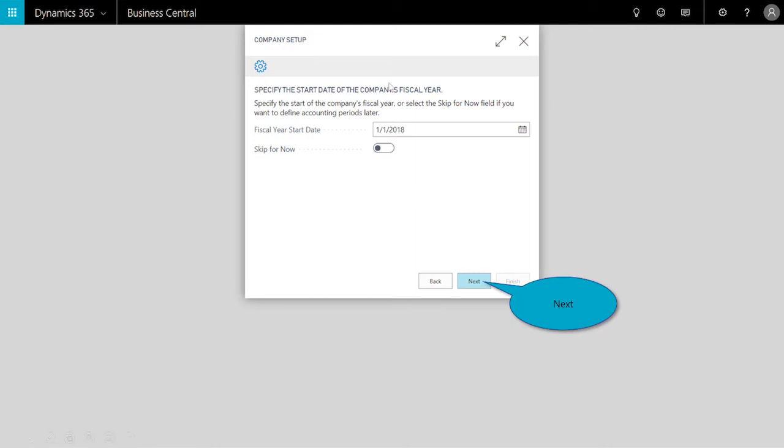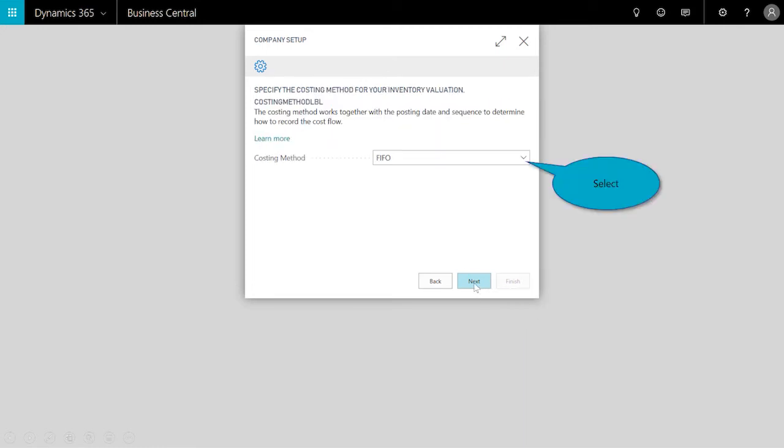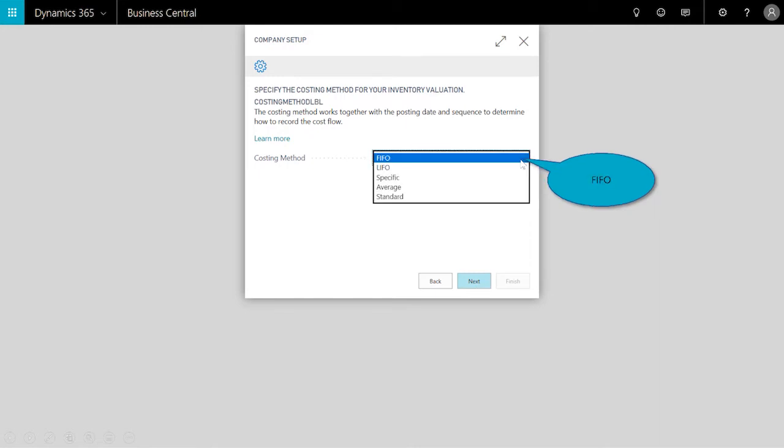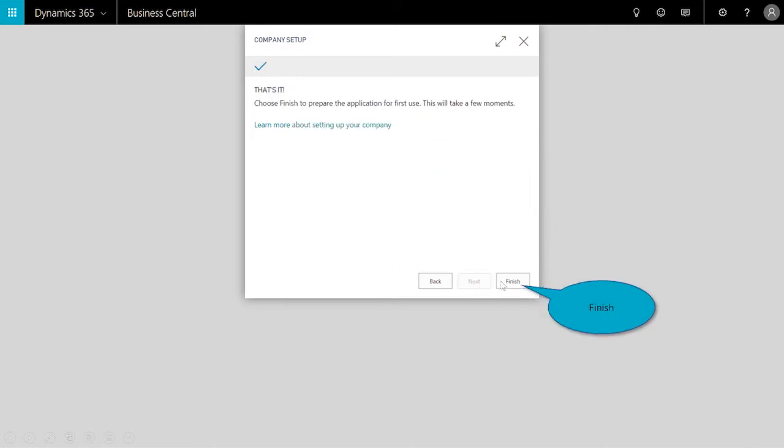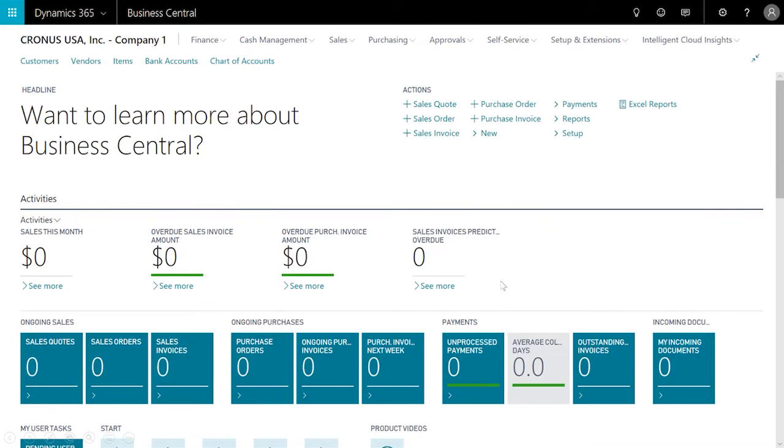Then the next step would be to specify the starting date, your fiscal year period. And then I click on next. And then choose what inventory method, whether it's FIFO or LIFO. I'll choose FIFO here, and that's it. So effectively, I've created a new company,